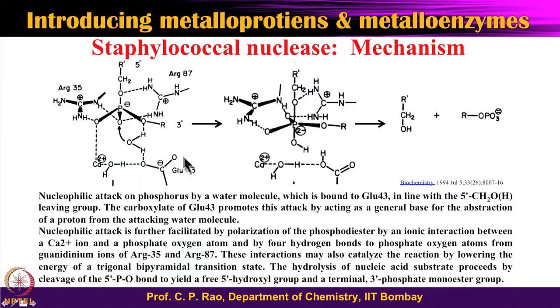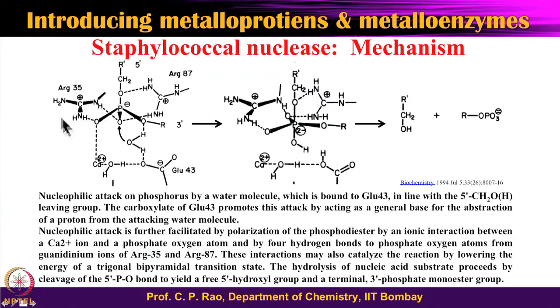However, glutamate 43 has a specific role in activating the water. So, the initiation of the nucleophilic attack is carried out by this particular water which is assisted by glutamate 43, whereas the nucleotide is stabilized by the